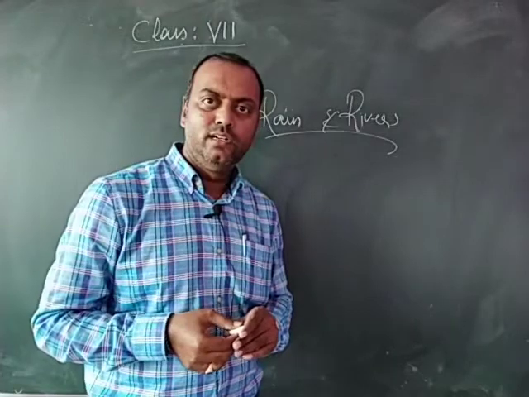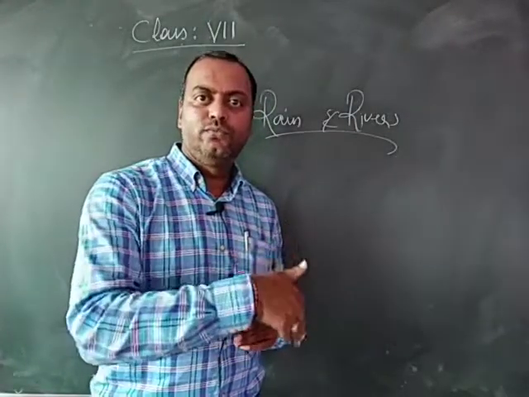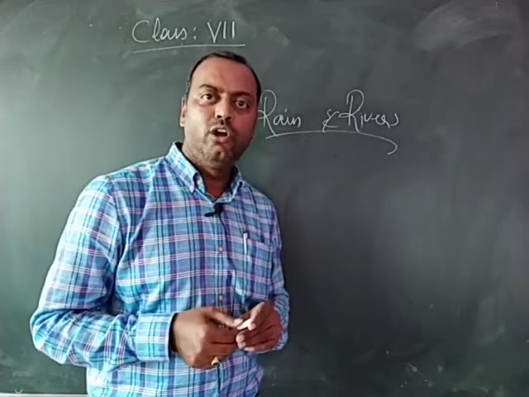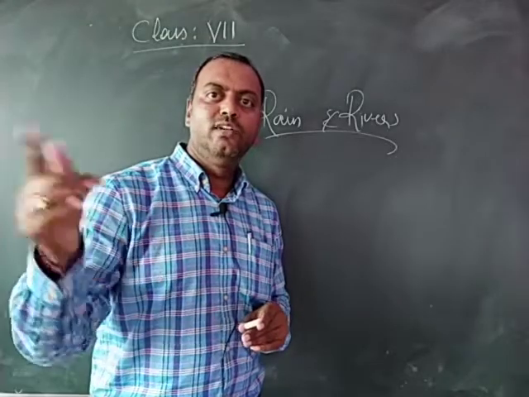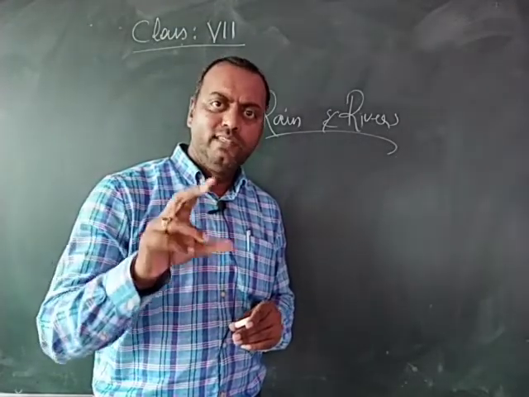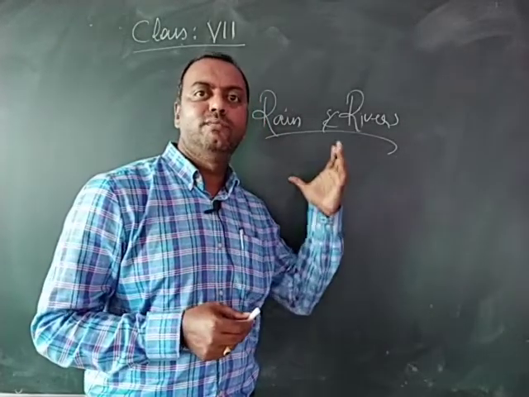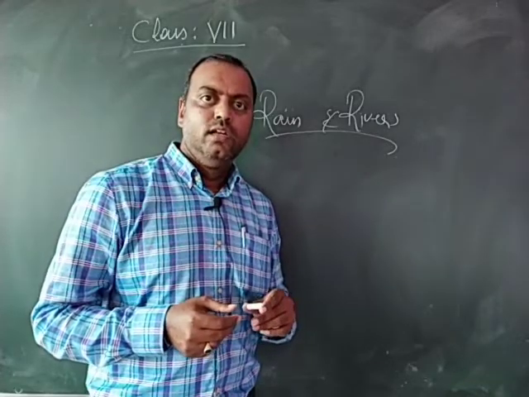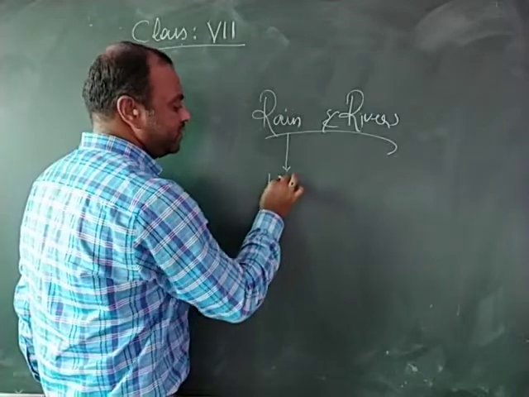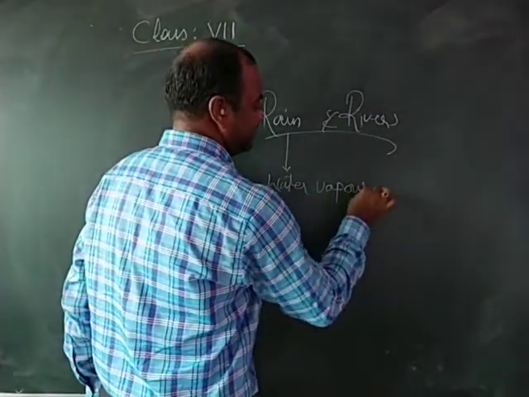So he understood that water turned to vapor because of heat, and it also turned into droplets of water because of the cool air which was present outside. So with this example, he tried to understand the mechanism of rainfall. The story of rainfall begins with water vapor, children. What is this water vapor?